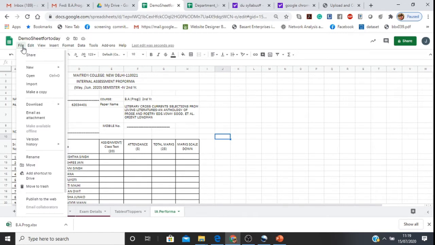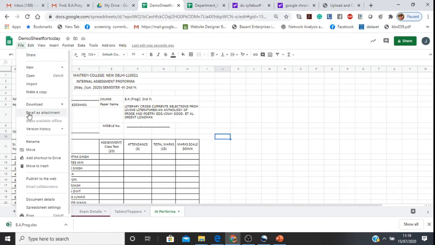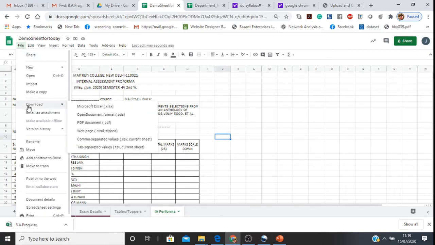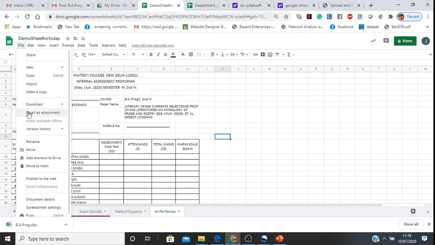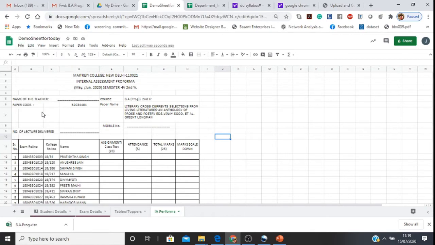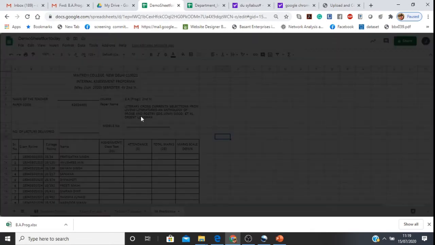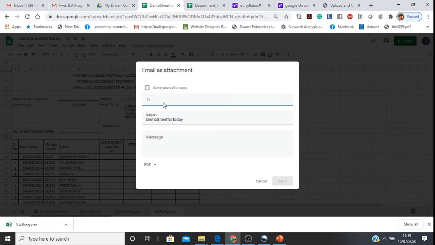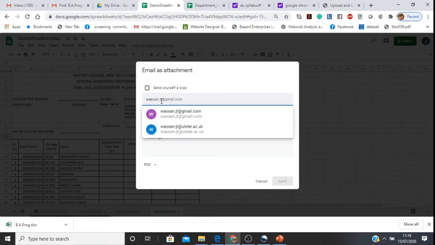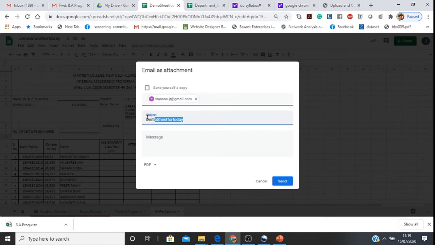Besides this, we have options for sharing a file and downloading a file that will be covered in the upcoming videos. And this is an interesting option, email as an attachment. So once I click on it, whatever sheets I have created, I can send it to my colleagues or my friends. For example, I can select an email ID here, and the subject is demo sheet for today.